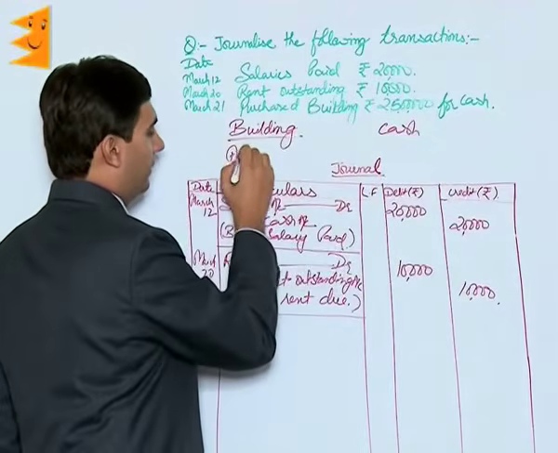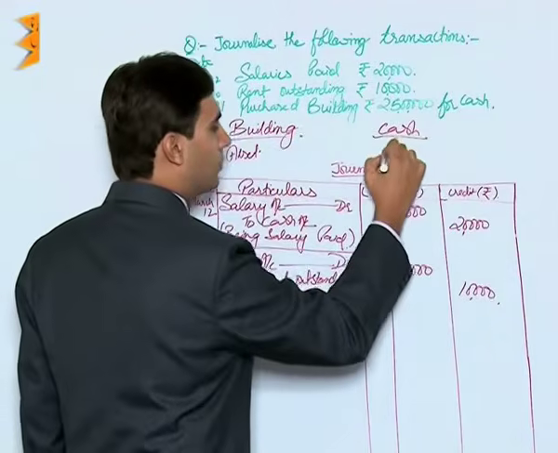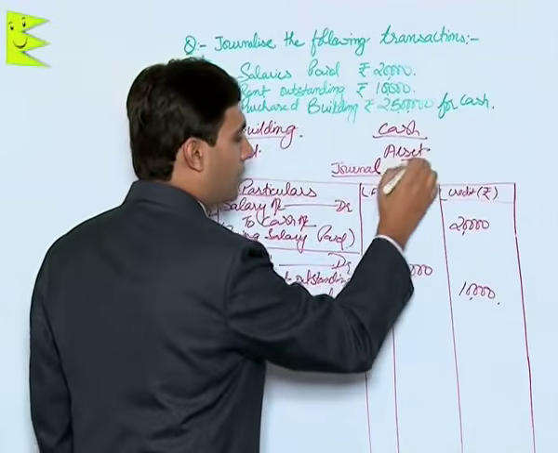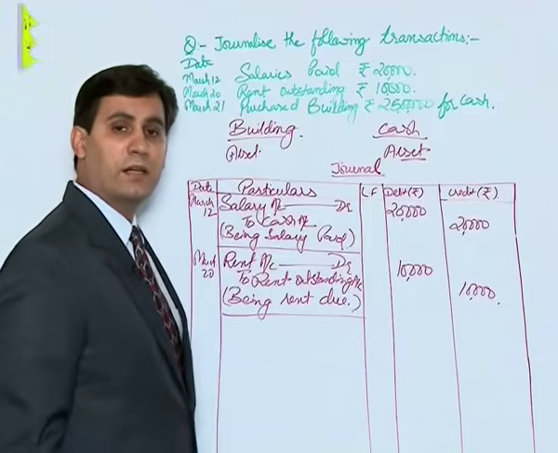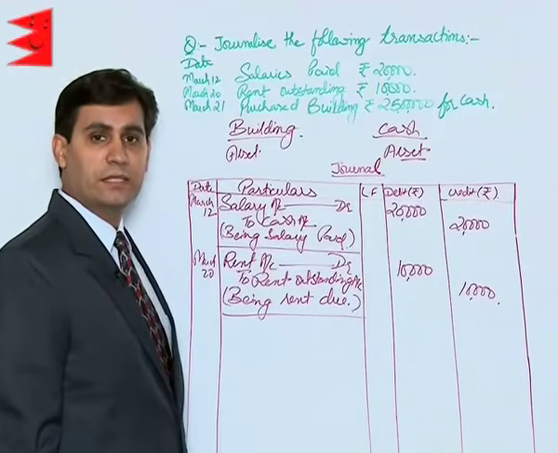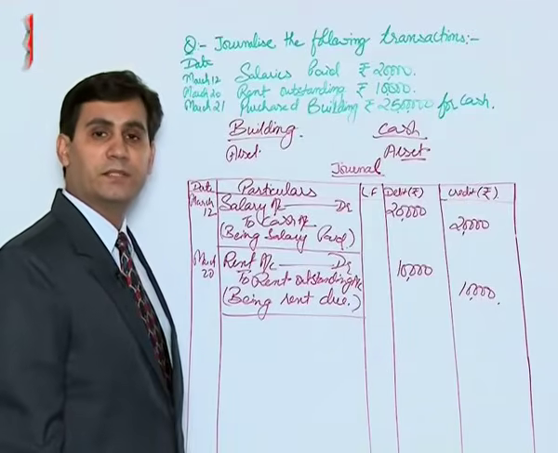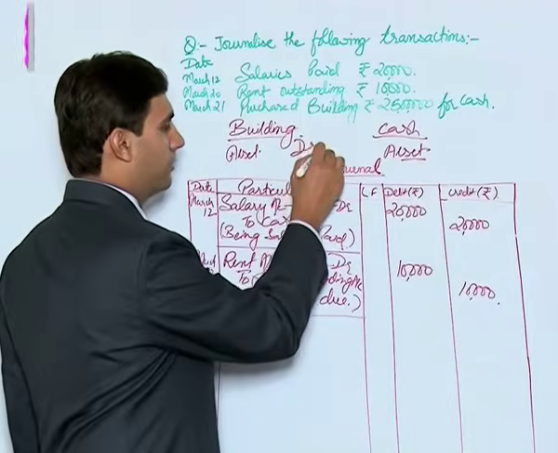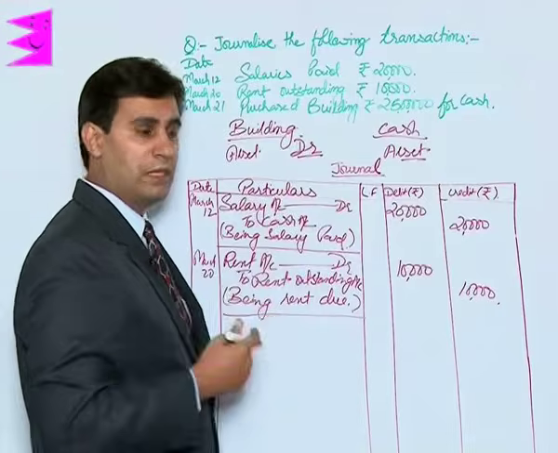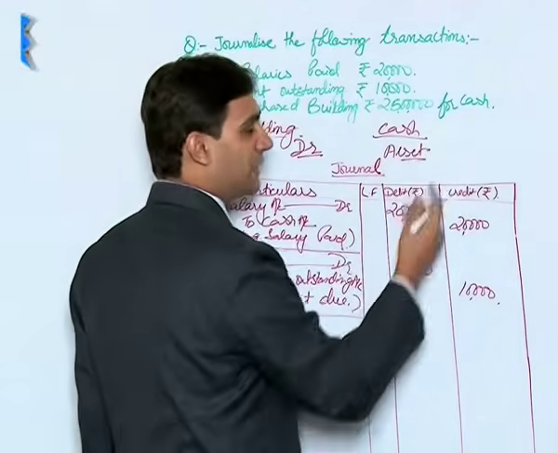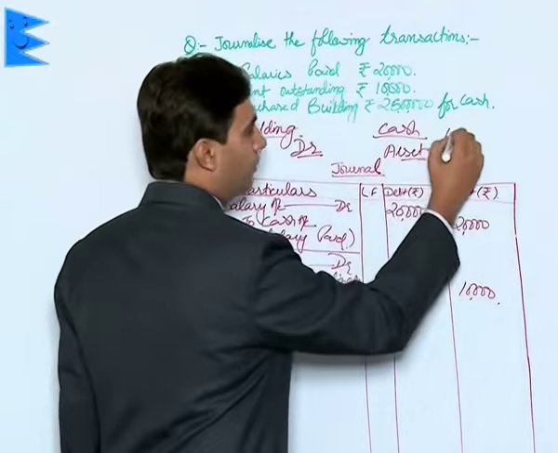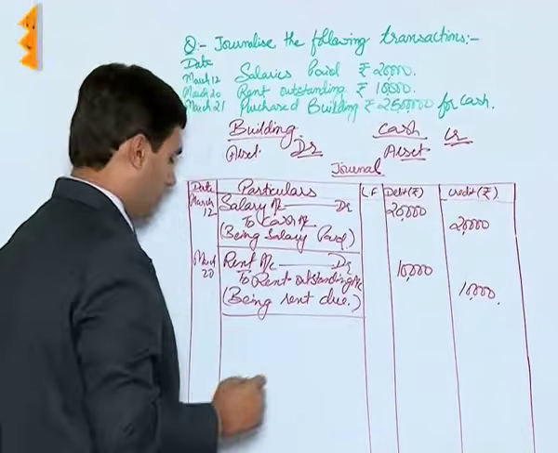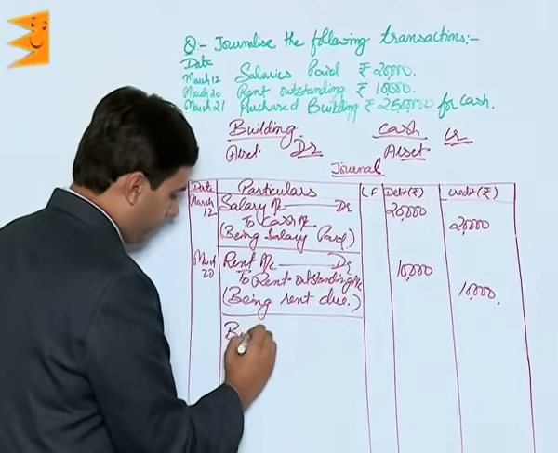Building is an asset and cash is also an asset. So now the rules for assets are debit if the assets increase and credit if they decrease. We are purchasing building, so it is increasing, hence should be debited. We are paying cash, the value of cash or the cash in hand is decreasing, so it should be credited. So the entry would appear as